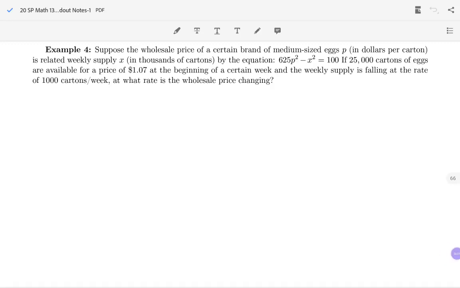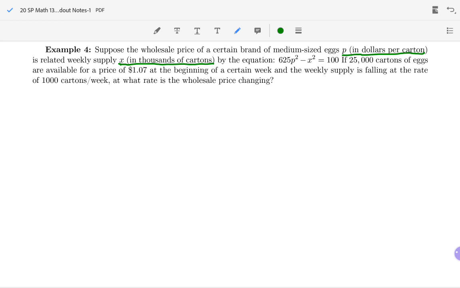Suppose the wholesale price of a certain brand of medium-sized eggs is P in dollars per carton. So we're not selling eggs by the egg, we're selling them by the carton. That's ordinarily how we do it. And it's related to the weekly supply X in thousands of cartons by this equation: 625 P squared minus X